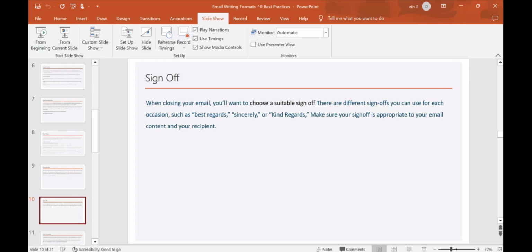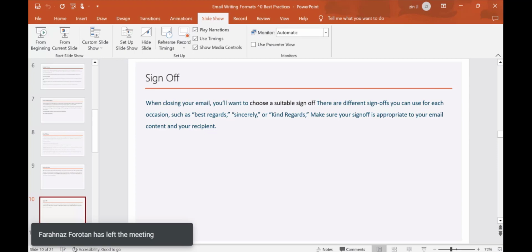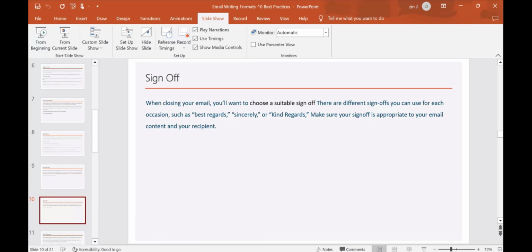Always use best regards, sincerely, kind regards, right? Think about it this way: you send an email, you've done your email ending and everything, and you just put Ricky at the bottom. There's nothing formal there. You want to end it on a nice note. Always say best regards, kind regards, yours sincerely, something that a lot of people use. I wouldn't make it too personal, like love you always or stuff like that, because that's not professional, that's more personal.